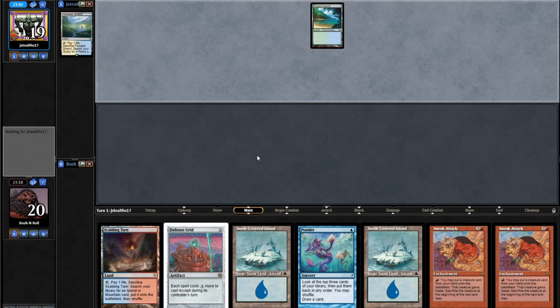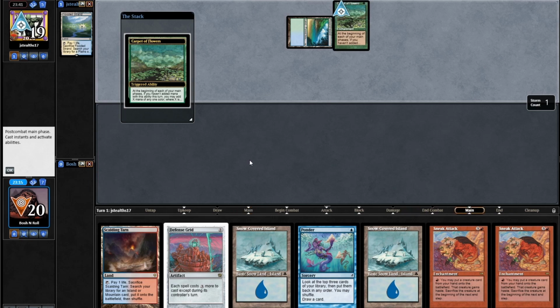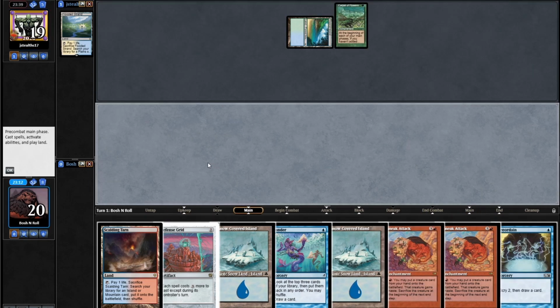The Flooded Strand. Carpet of Flowers. Okay. Yeah, I mean, that will certainly make some mana. Unless I draw Ancient Tomb. Did not draw Ancient Tomb. So I'm gonna